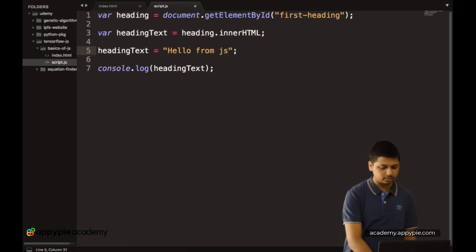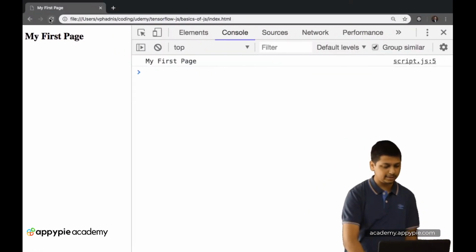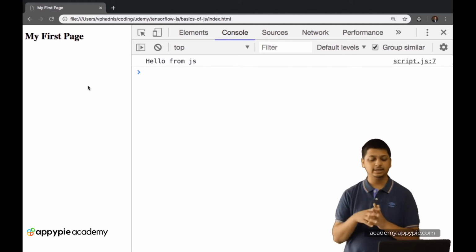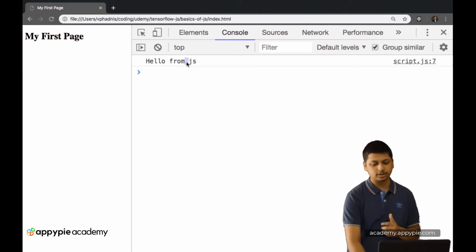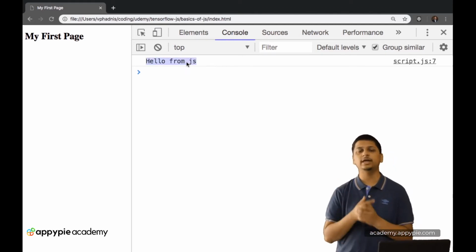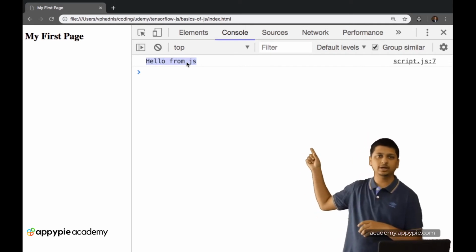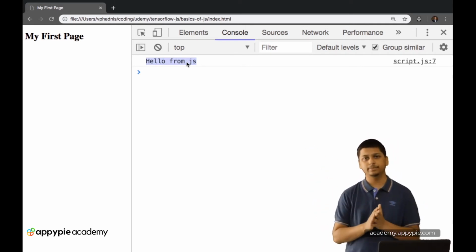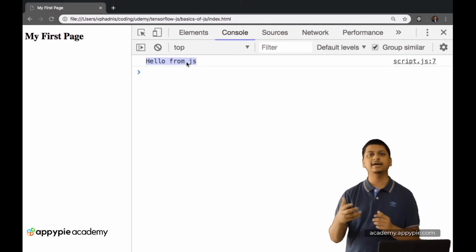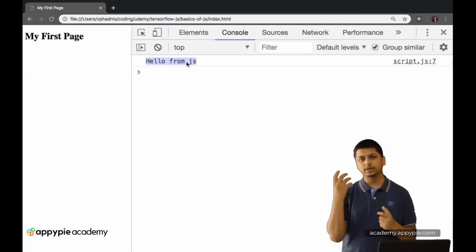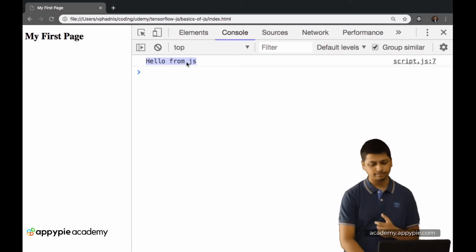Let's add a semicolon, save it again, and now let's refresh it. As you can see we are getting "hello from JS" inside the console, but there is one fundamental problem, which is that this particular h1 is not updated. You are still seeing "my first page", which is not the text which we want to see.